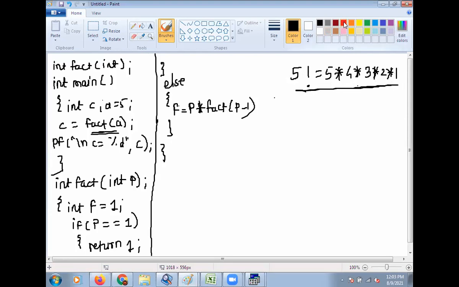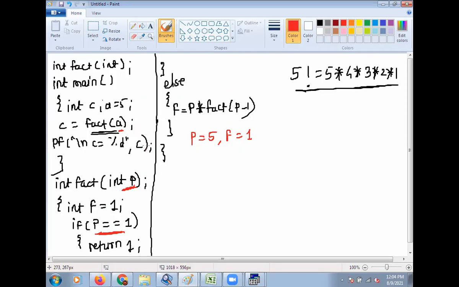See the execution of this. Suppose here 5 is passed. So here p is equal to 5, f is equal to 1. Then check this condition, 5 is equal to 1?